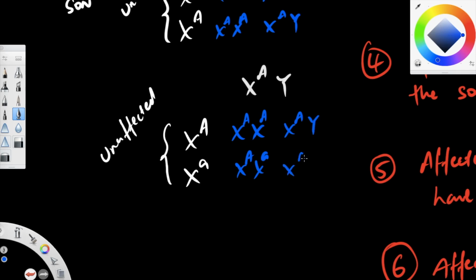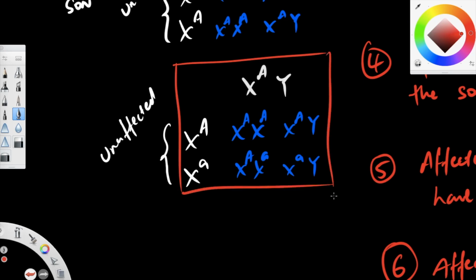We have this and that. Oops, this should be a lowercase a. So there we go. So again, in the exam you should draw a table like this. I'll just do it for one of them. And obviously it should be a straight line. You should be using a ruler